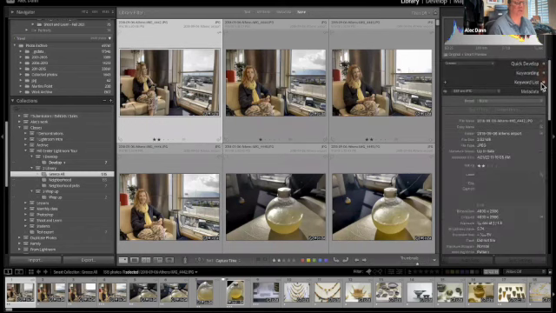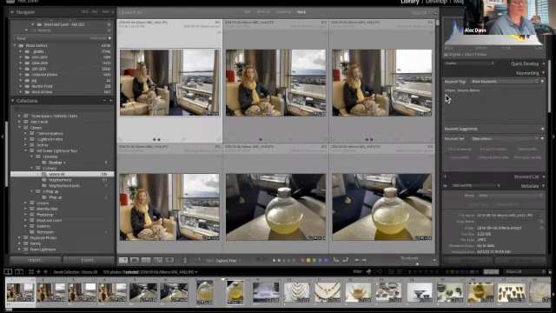So I'm going to close Quick Develop, open up keywording. And as you can see, I've added Athens, Greece, and Penny, my wife's name, to this photograph. And the Penny one I added later, but Athens and Greece I added when I imported the photograph. So you can add keywords to a whole group of photographs that you import. And when I travel, typically I add the country and the city name. And that allows me to later on, even though I might have these